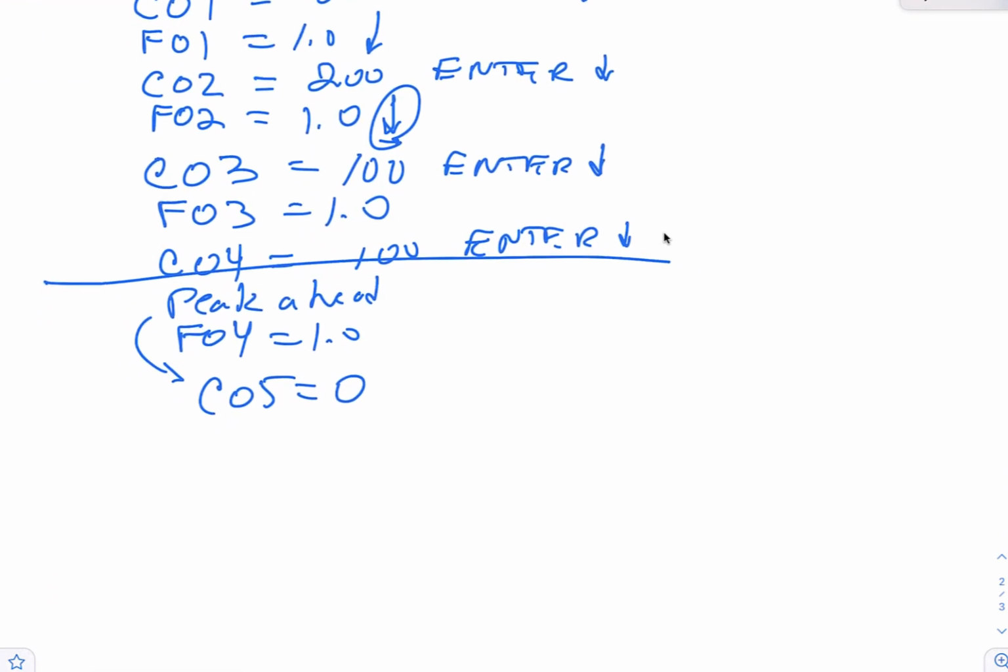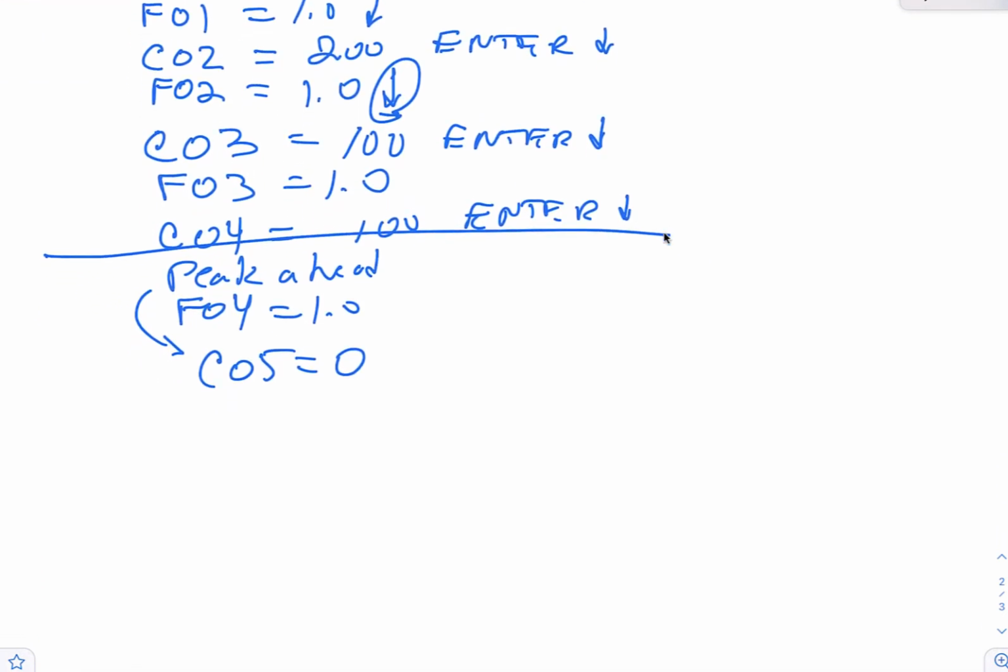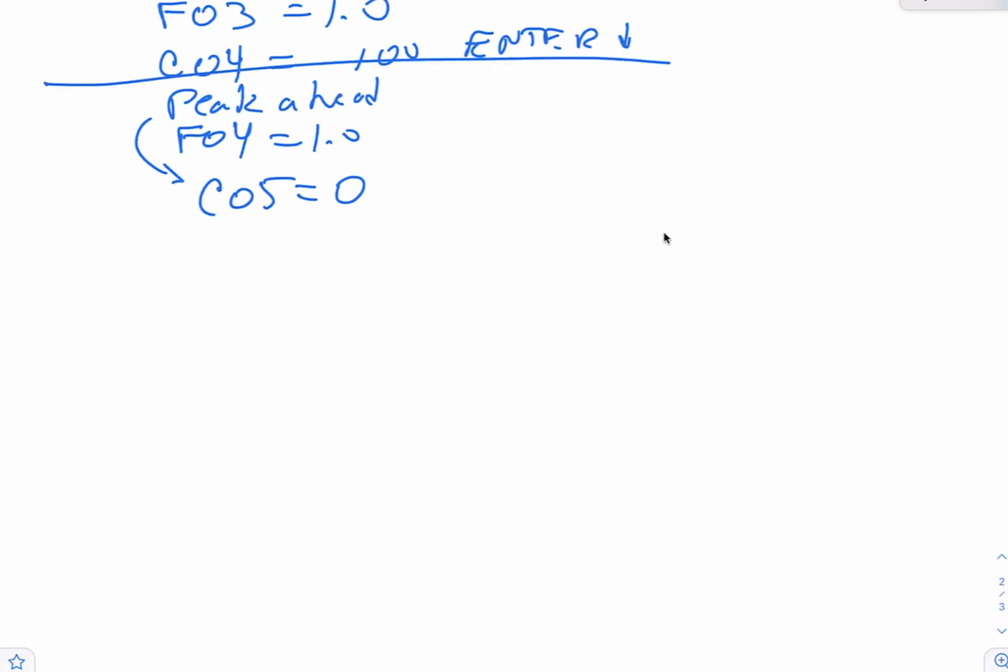My point being, if you had a problem with maybe 7 or 8 cash flows from a previous problem that you may have been working on, you're going to have those leftover cash flows carried over from the previous problem. You need to get rid of them. So make sure you get rid of them by peeking ahead. Once you've made sure that all those C05s and C06s are 0,